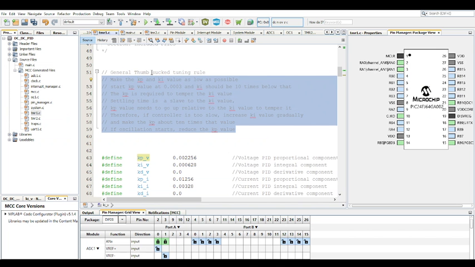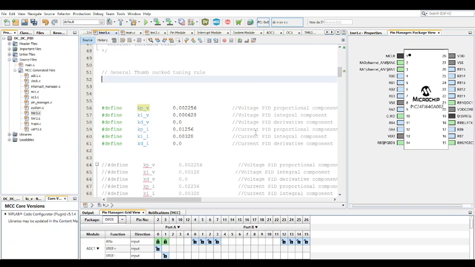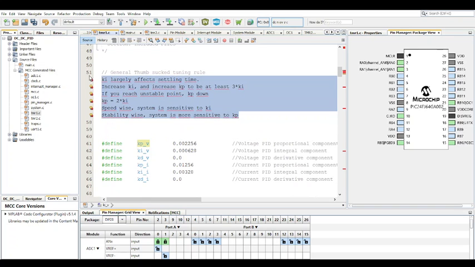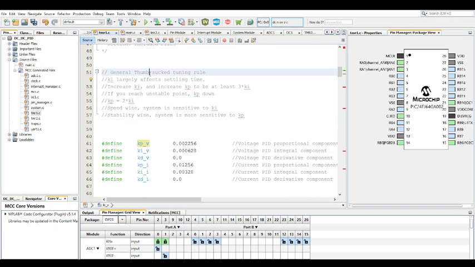Those were just previous notes, so just delete that and paste this there and comment. Alright, so just keep this in mind as general tuning parameters. And I always start my KP at 0.002256, personally,